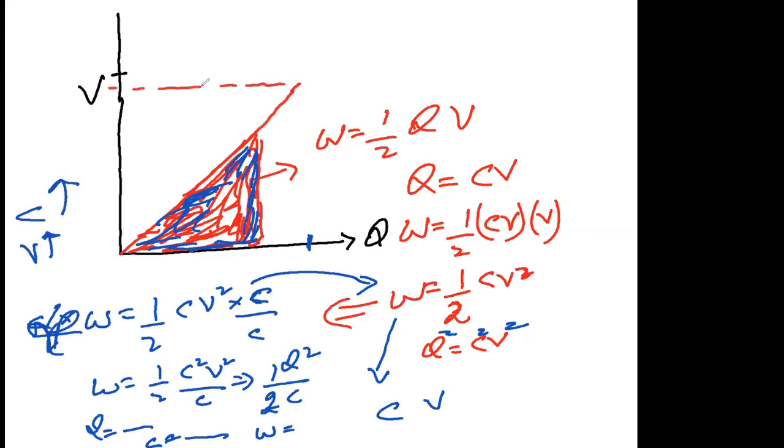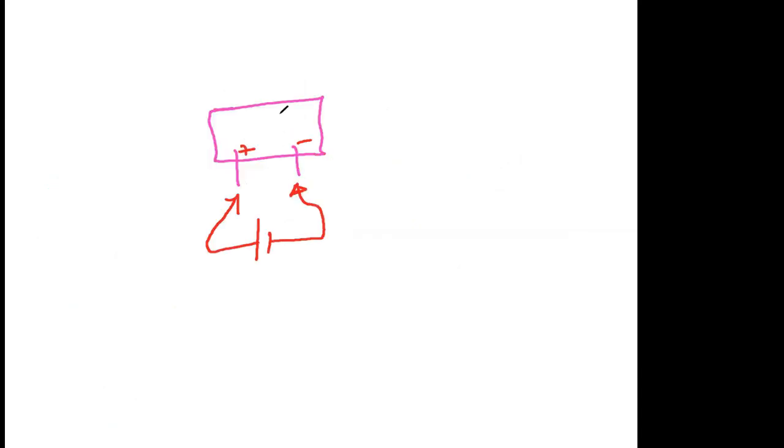This is V, and this is the new capacitor. So how much charge will the new capacitor store? The new capacitor will store this much charge. So the area under the curve gives you the total amount of charge which will be deposited on the capacitor plates. Otherwise this capacitor will get destroyed.